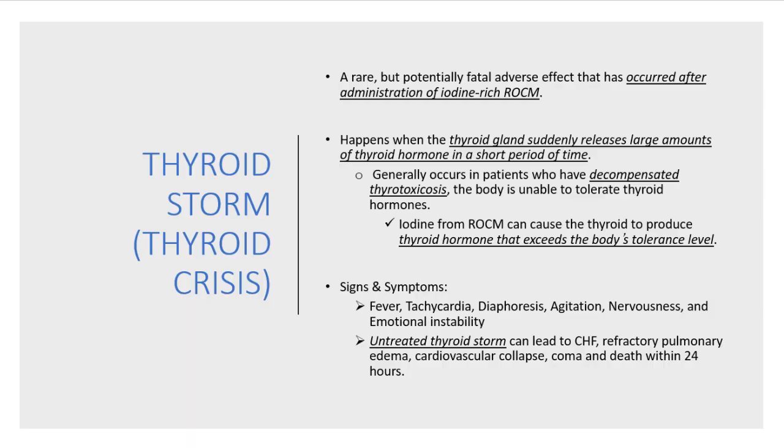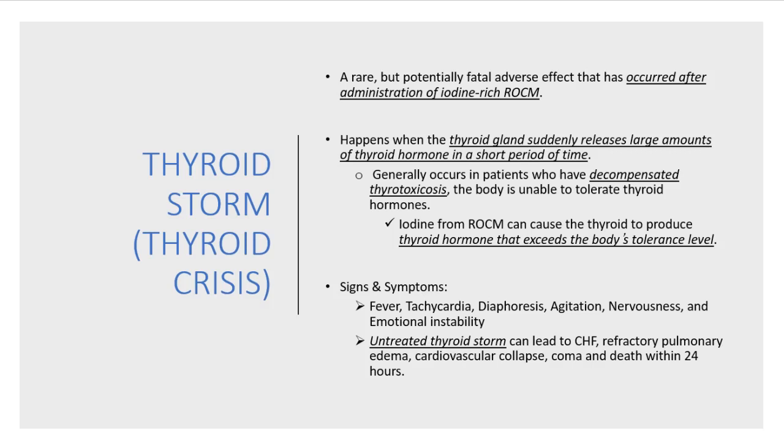So thyroid storm. This is also called the thyroid crisis. It's a rare but potentially fatal adverse effect that has occurred after administration of iodine contrast. It happens when the thyroid gland suddenly releases large amounts of thyroid hormone in a short period of time. Generally it occurs in patients who have decompensated thyrotoxicosis. The body is unable to tolerate thyroid hormones. Iodine from the contrast can cause the thyroid to produce thyroid hormone that exceeds the body's tolerance levels. So I have seen this before. This has happened to several of my patients